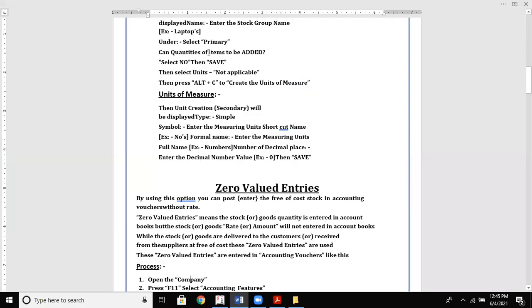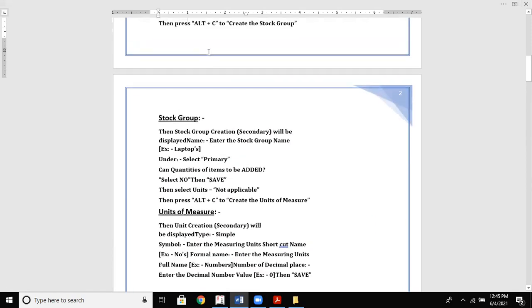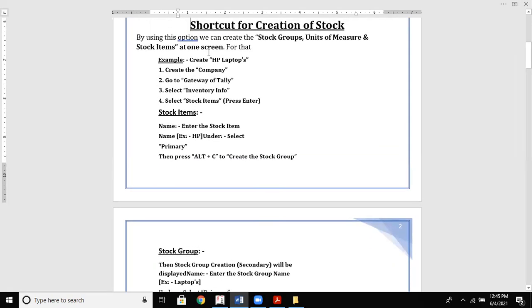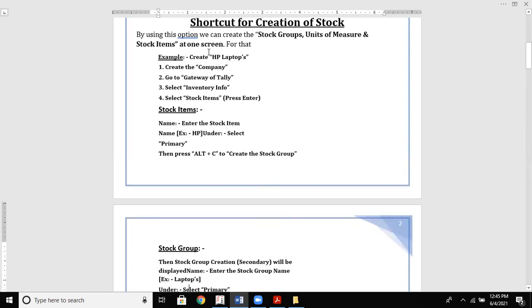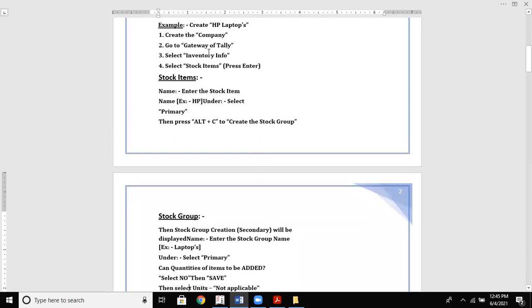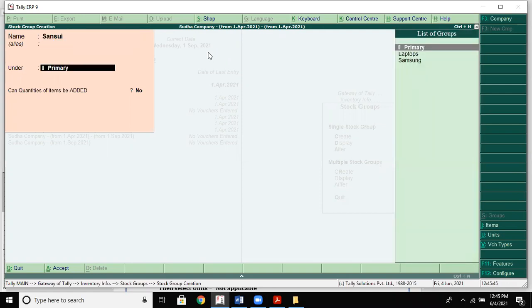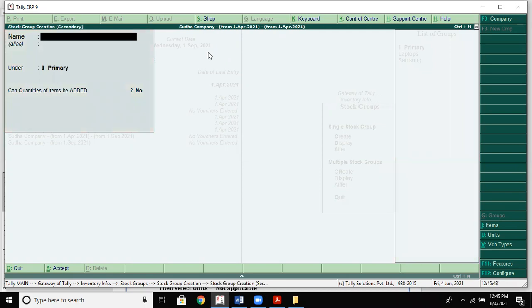For example, you can see after primary, let's say Sansui, after primary, hit all C. Like this, you can create stock group.